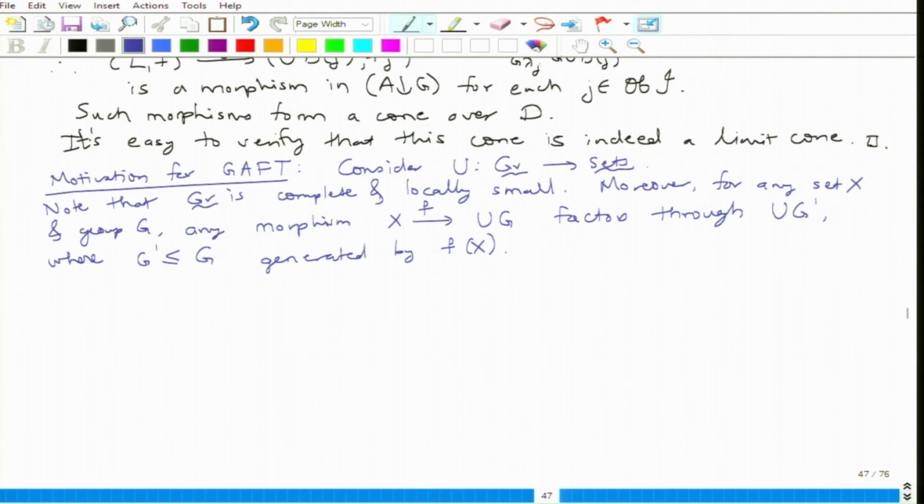Do you agree with this? That any function from X to UG, however large the group may be, this particular set function is always going to factor through one particular smaller subgroup, comparatively smaller subgroup. Moreover, this is important,